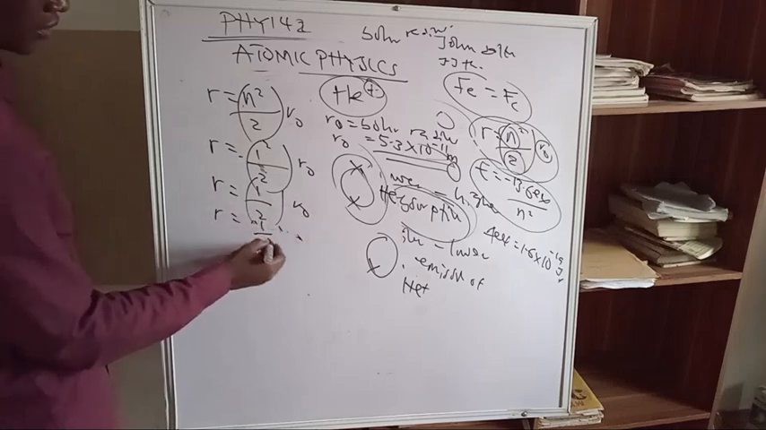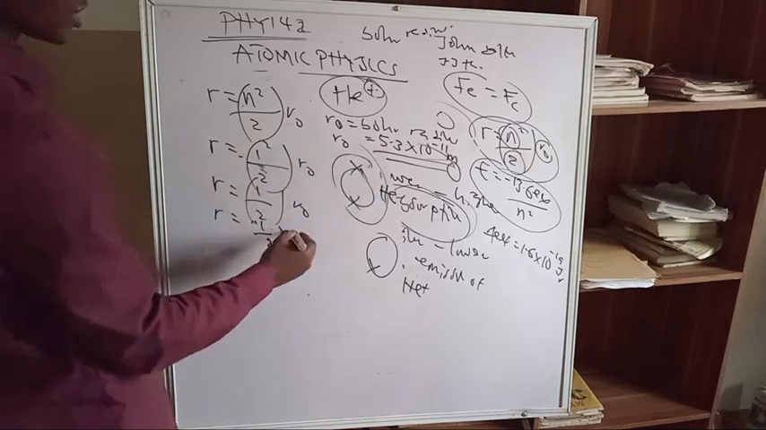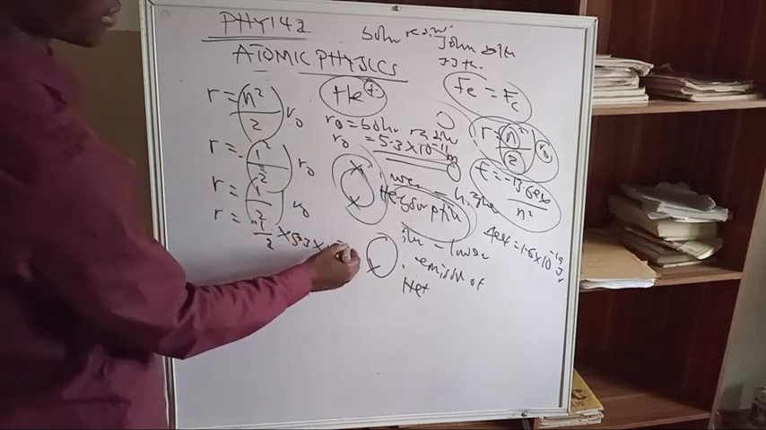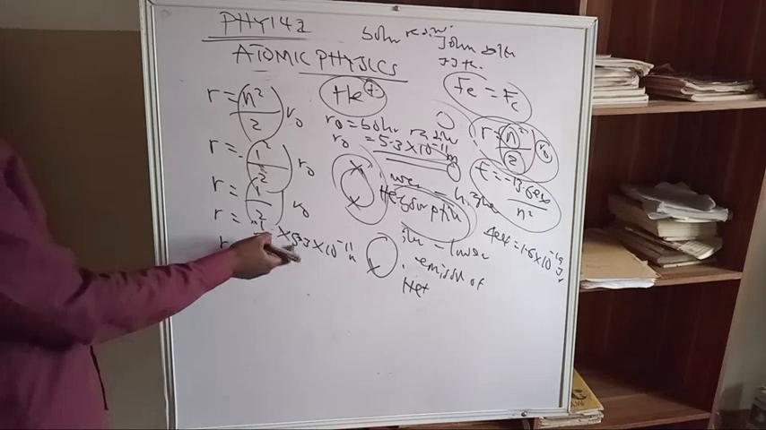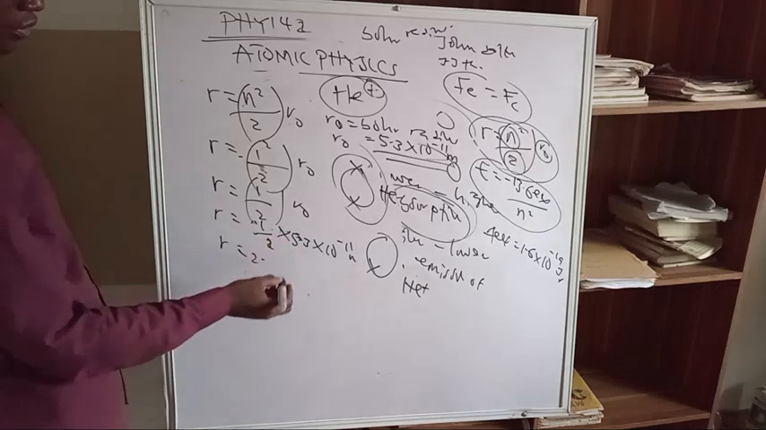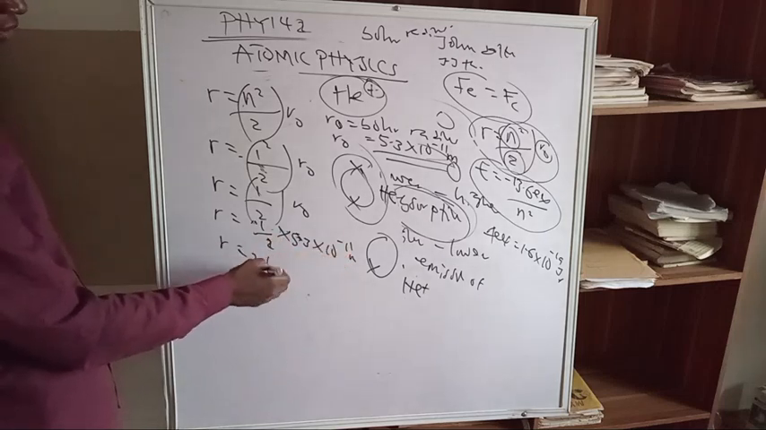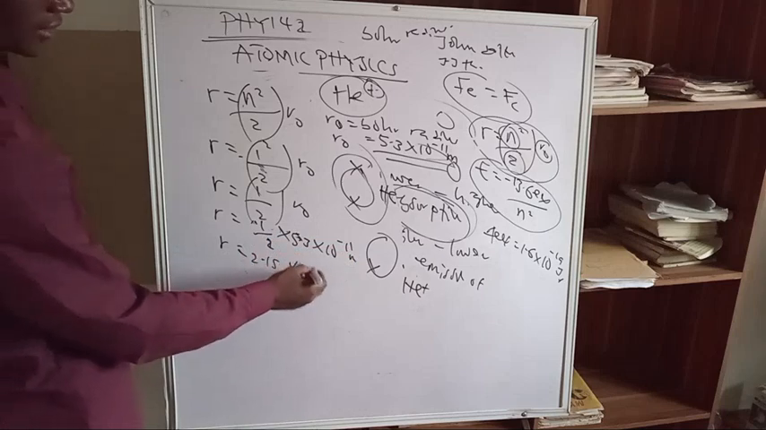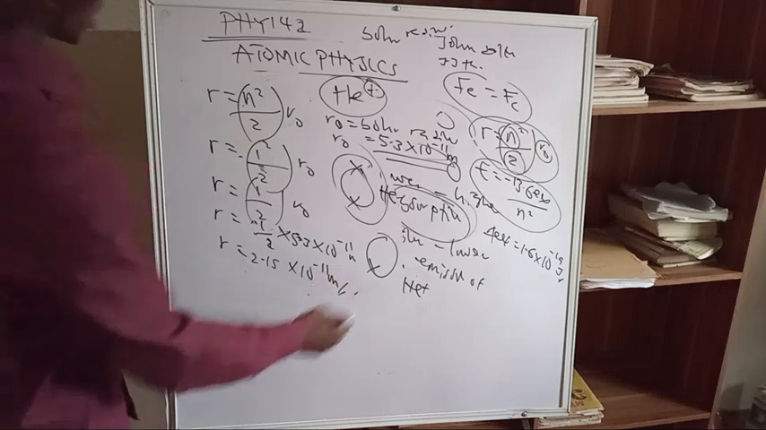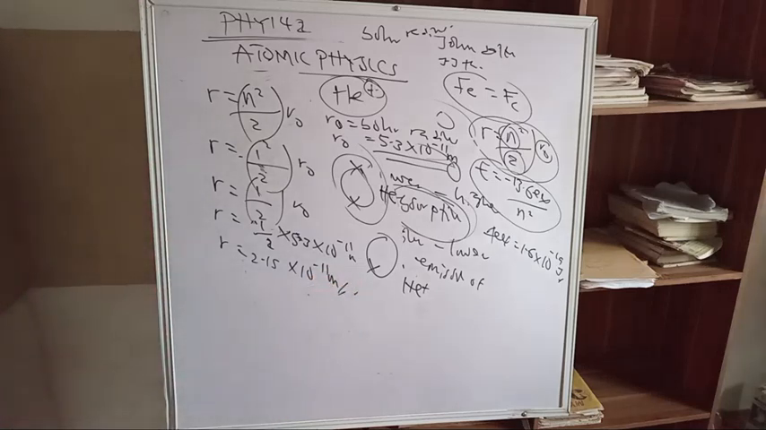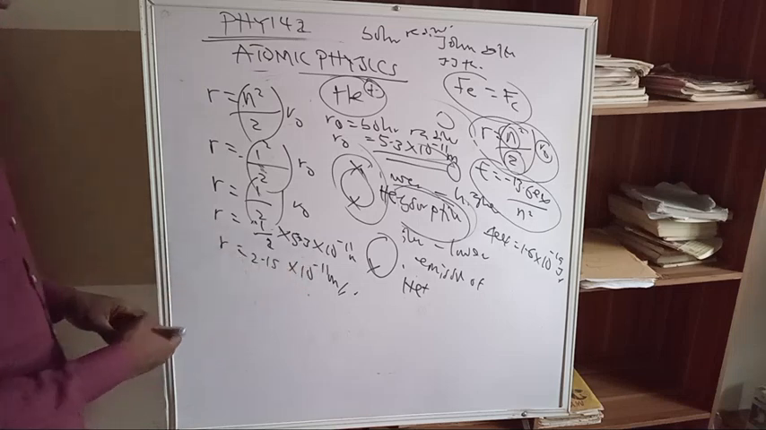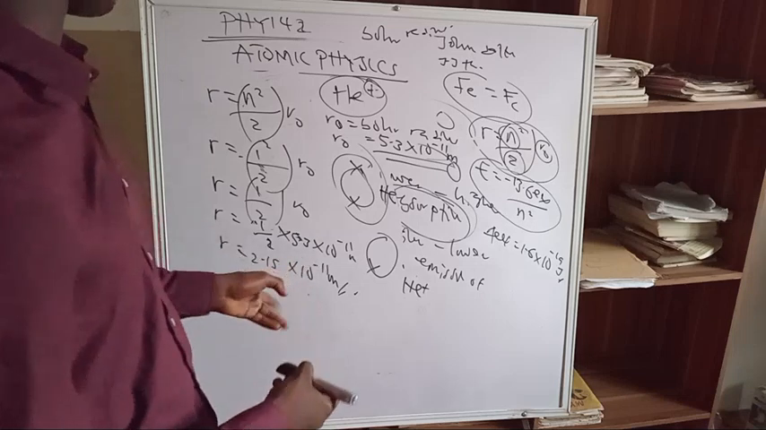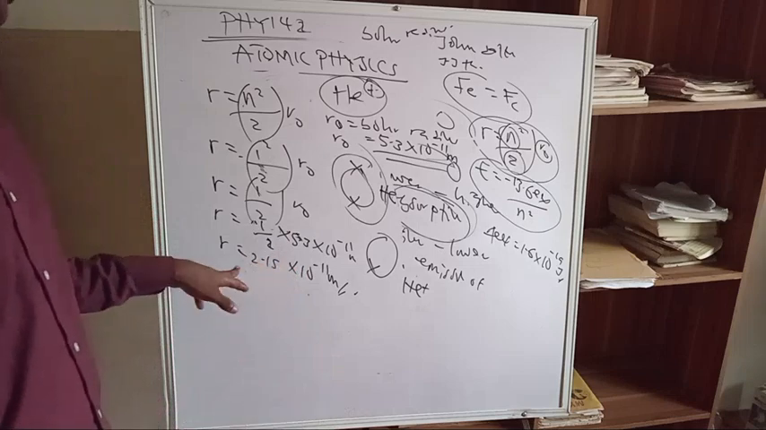If you want to go that way, 1 over 2 multiplied by R0, which is 5.3 multiplied by 10 raised to the power minus 11 meters. So you have the radius of the atom to be 1 over 2 of that. So 5.3 should be 2 point whatever, I think 2.15, multiplied by 10 raised to the power minus 11 meters. Okay, so it's not 0.1. You can calculate that. You have 1 over 2 multiplied by 5.3 times 10 raised to the power minus